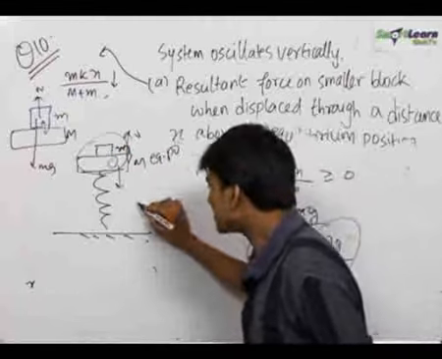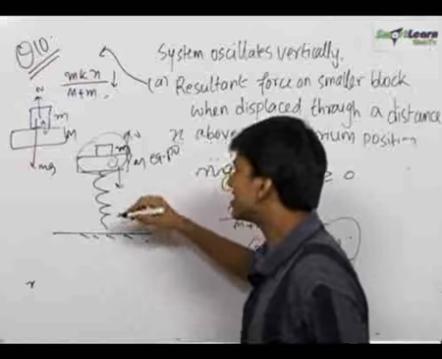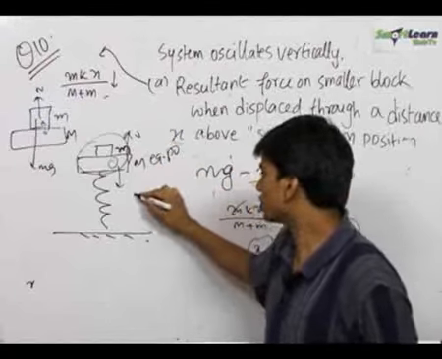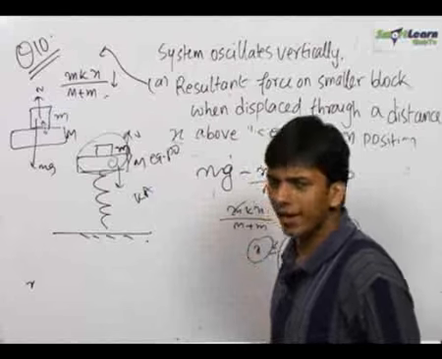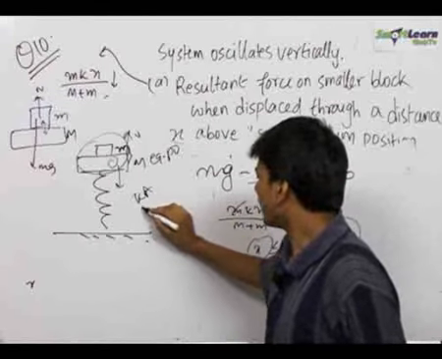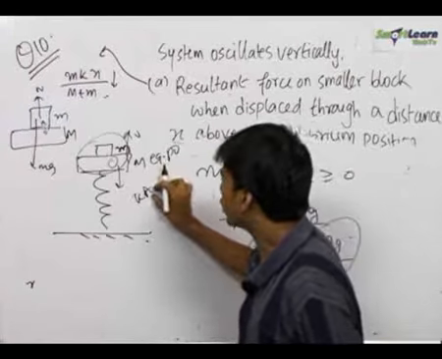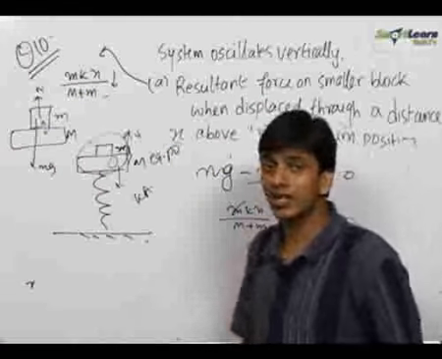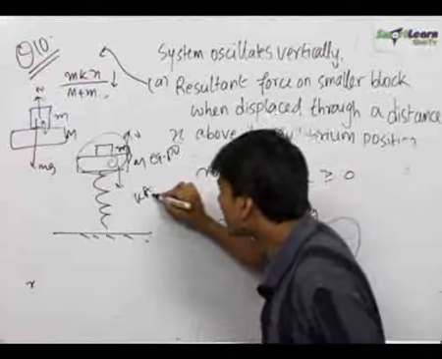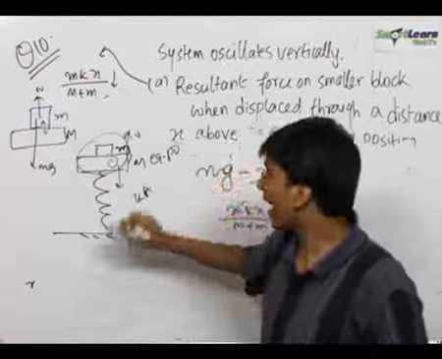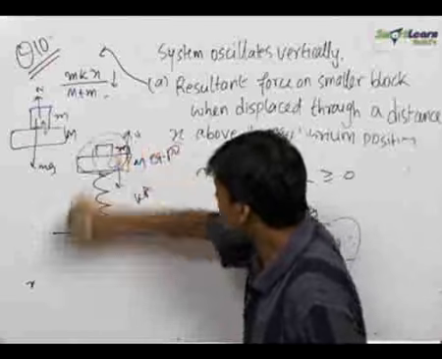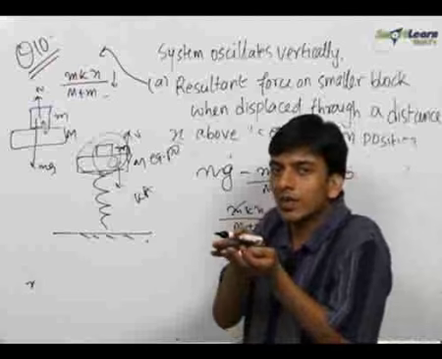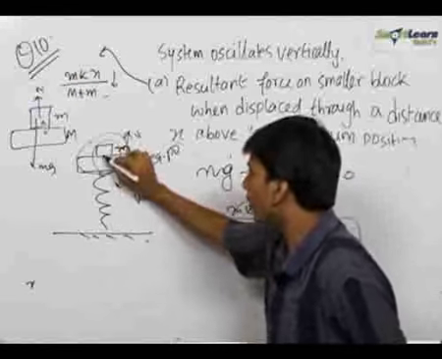Now, if we increase the amplitude, the acceleration at the extreme position increases, because the force at the extreme position is equal to k into A. Therefore, if we increase the amplitude, the force at the extreme position increases, that is, the acceleration at the extreme position increases. Now, if we increase the amplitude such that the acceleration of both the blocks at the extreme position is equal to g, there will be just very slight contact between these two, because the